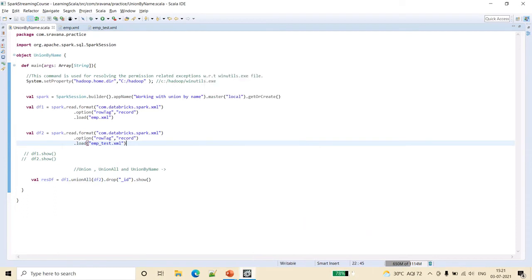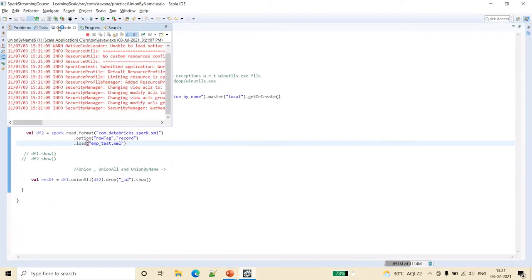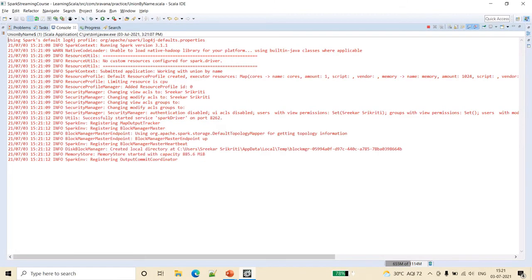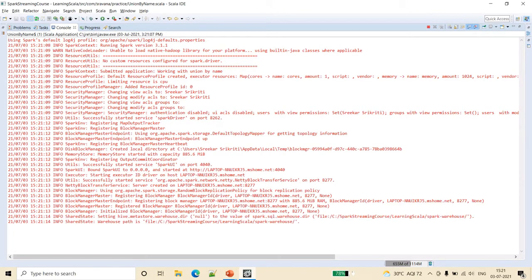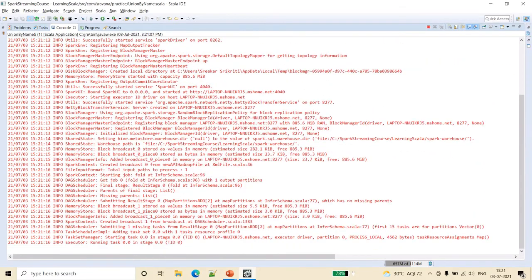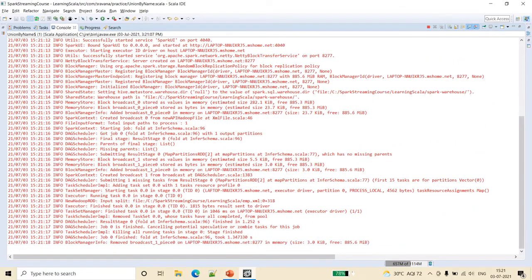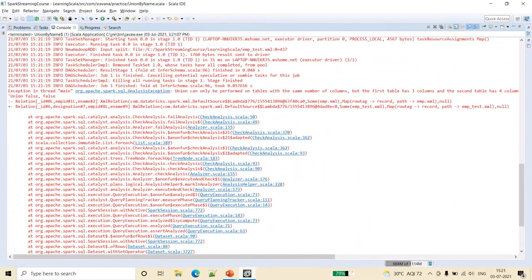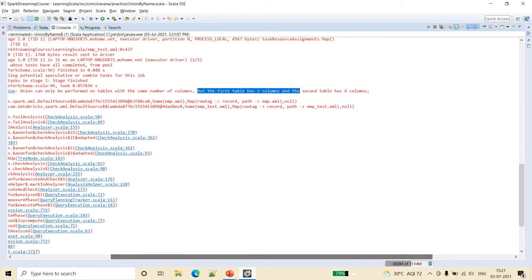But union and union all almost do the same thing. Because of that, it should also fail with the same exception, which says union can only be used when there are the same number of columns. See friends, we have received the same SQL analysis exception, which says that union can only be performed on tables with the same number of columns, but the first table has 3 columns and the second table has 4 columns.